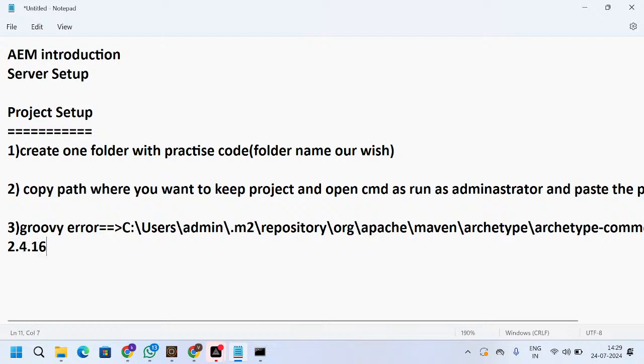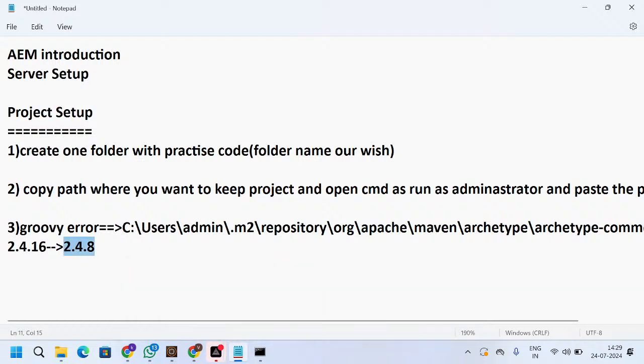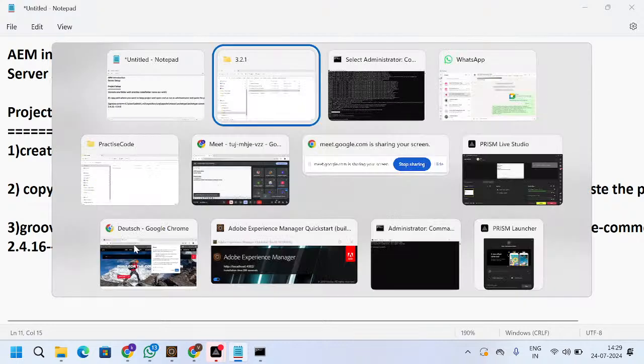2.4.16 is the initial one. Okay, we need to change it to 2.4.8, right? 2.4.8. Got it? This is the way to fix the Groovy error. Okay, fine. The next thing is, I would say,